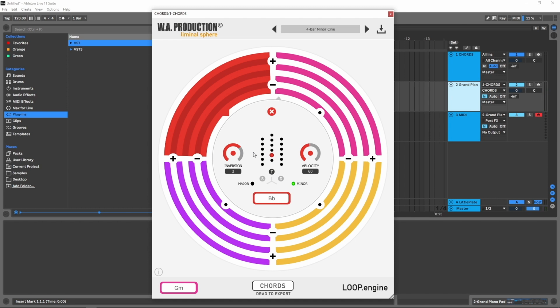So what else do we have inside of here? First of all, it's showing me the chord type, and it's giving me a velocity control. And this is just a global velocity control, a global one for the notes inside of this particular chord. So if I want to pull that up,